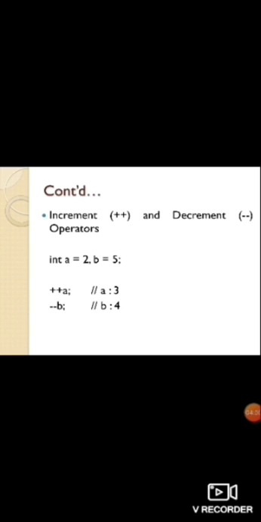So the current value of a equals 3. Now minus minus b: as the current value of b is 5, b equal to b minus 1, that means b equal to 4. So after the operation of the decrement operator, the value of b is 4.